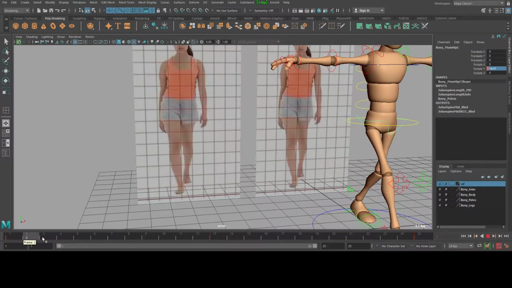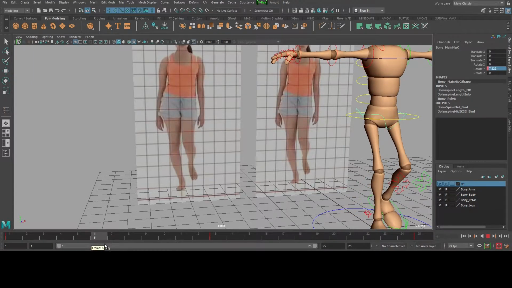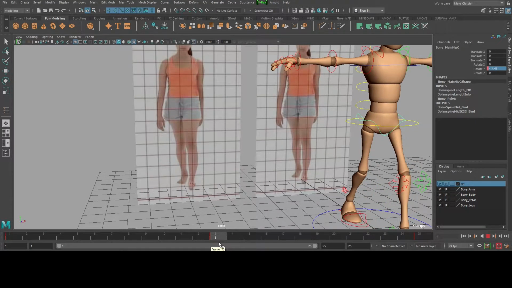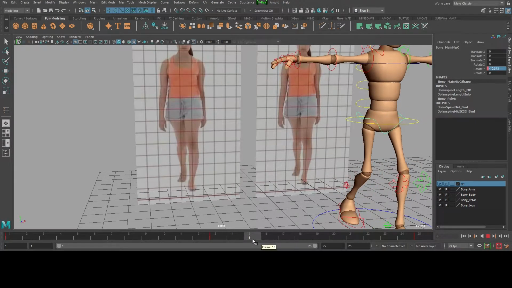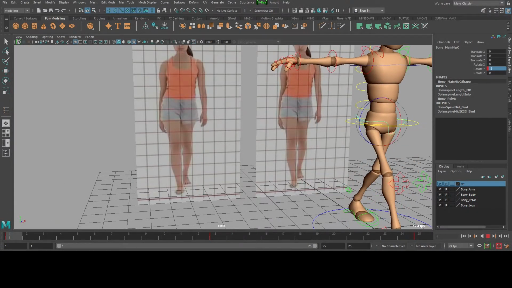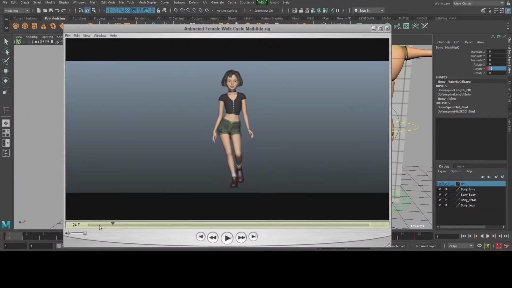So from here it's pushed up, and then it holds for a while, then it gets back to normal, and then it gets pushed up again and back to normal. And if you look at here, this is kind of a super exaggerated butt. The hips got pushed quite a lot. You can see that pushed, and then